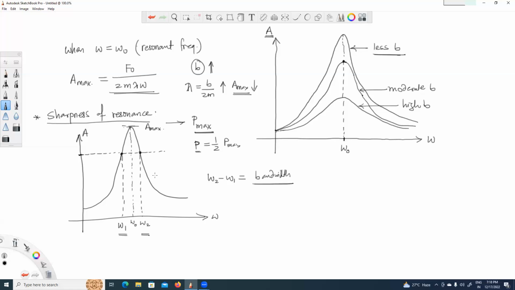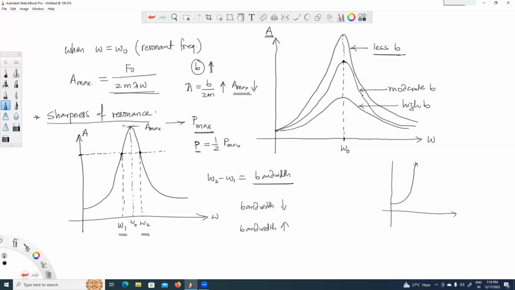Okay. And if the bandwidth is less, so let me write it here. If the bandwidth is less, what does it indicate, and what does it indicate when bandwidth is more? So let us try to figure this out again with the help of a graph only. If I take this particular graph,